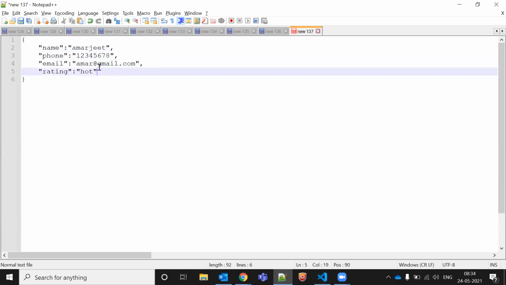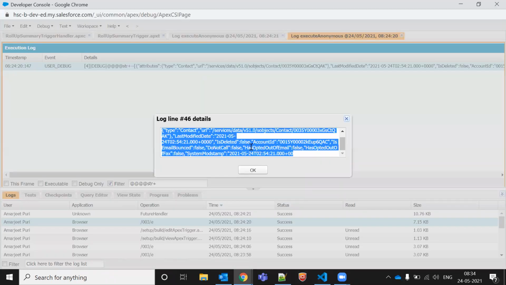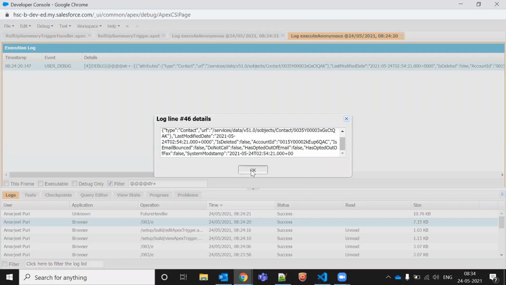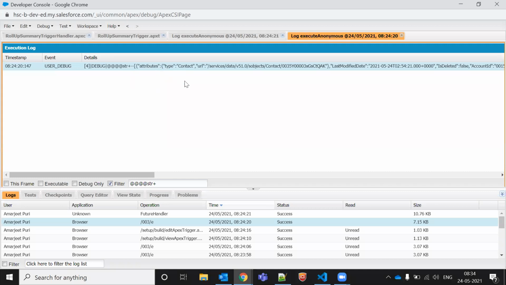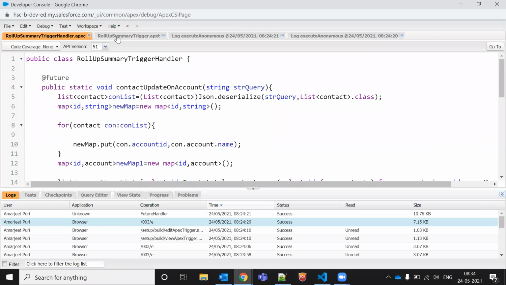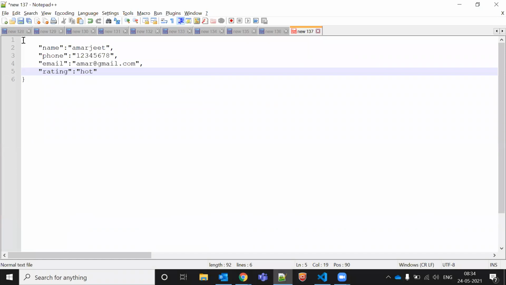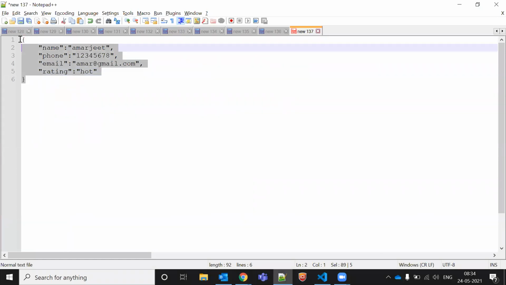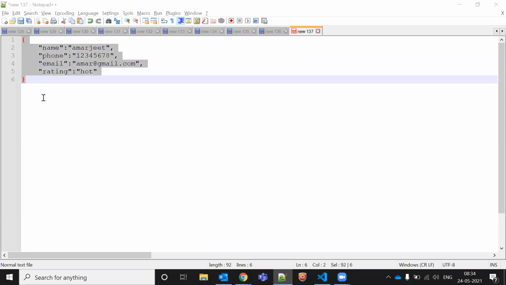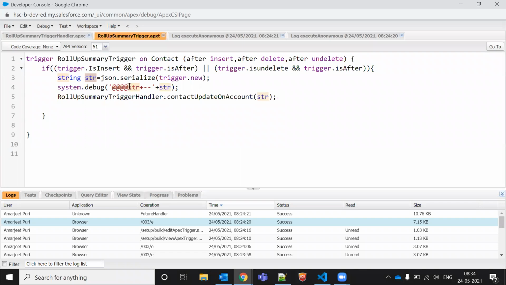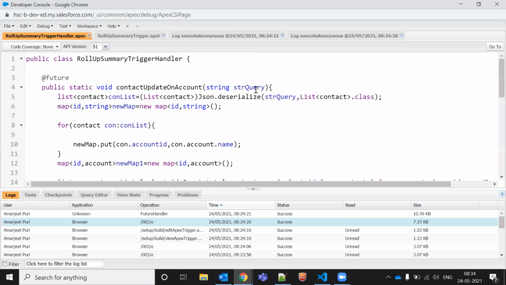So it will be converted like your list. In our scenario, what is happening here? This list is converting into JSON format first. So where is my trigger? First it is converting into string format, so all are strings. JSON comes under the string only. So we'll convert this JSON into a string first, and we'll get all these values in the str query. str we are passing here.